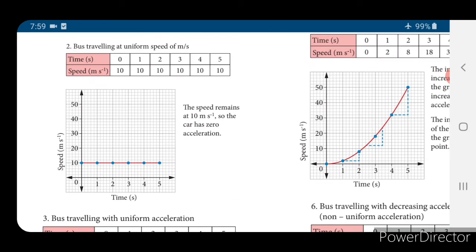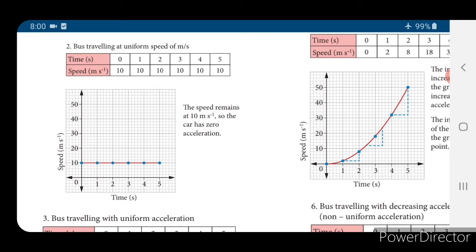That is, when you ride on the bypass road, the NH road, you can go at the same speed. There will not be any obstruction there. So it shows after 1 second 10 meter, after 2 seconds 20 meter, like that it will go. The speed will be the same, but the distance covered will be, after 1 second 20 meter, after 2 seconds 40 meter, like that it will go.